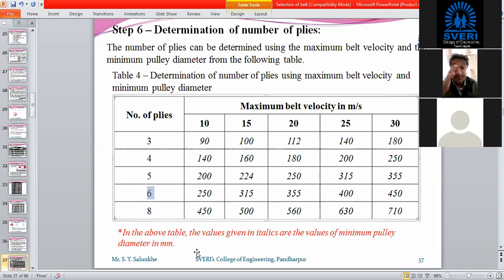Getting me? If suppose we are getting speed as 25 and smaller pulley diameter as 315, which ply we have to select? Are you getting my question? If speed is 25 meter per second and diameter of smaller pulley is 315,